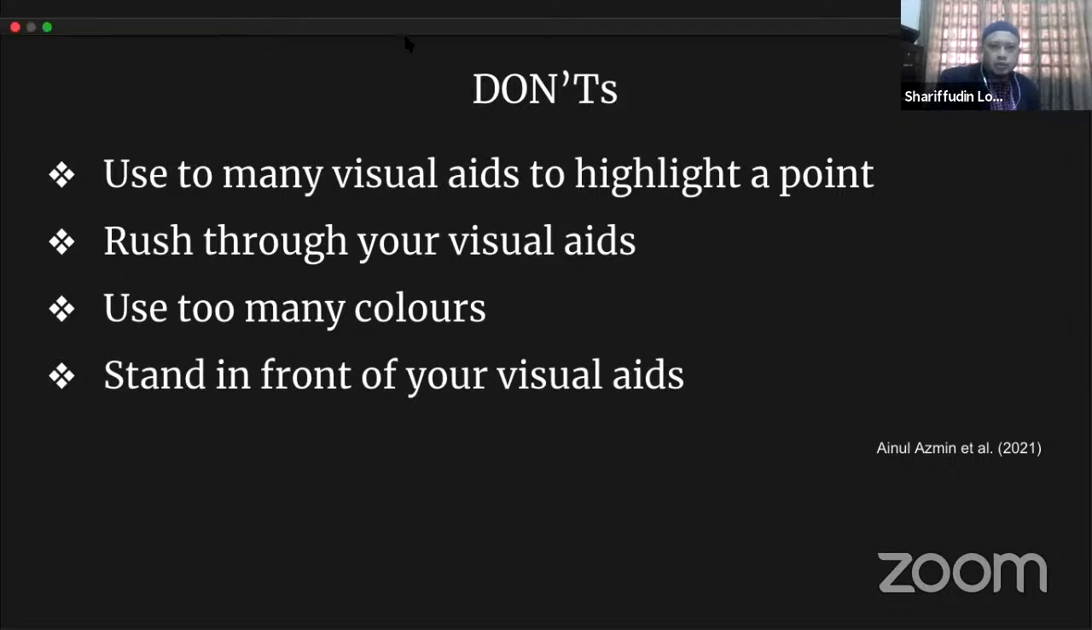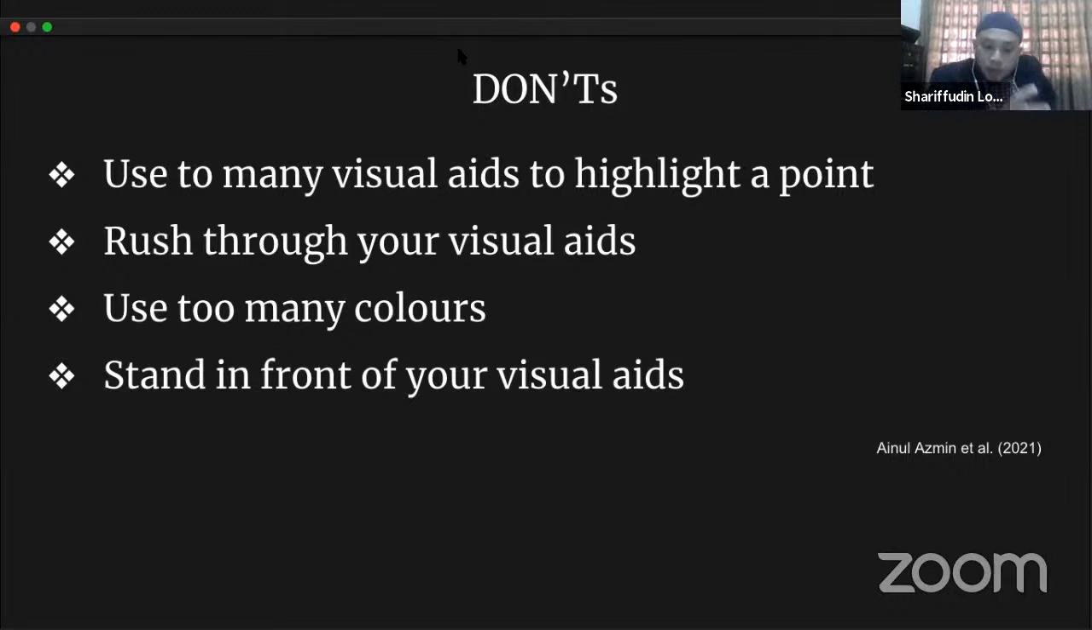Because again, I need to stress this. When you present, you are presenting. You don't read from your slide. You are presenting. When you plan for your presentation, when you write your speech ataupun when you write your talk, make sure that